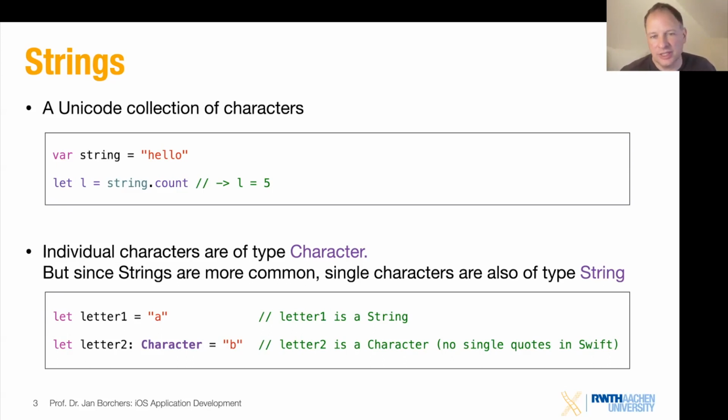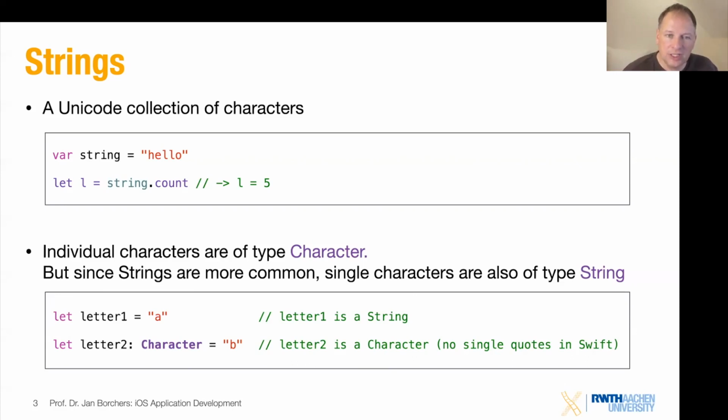Now, individual characters are somewhat of a specialty in Swift. Usually in C-like languages, you would expect to be able to have your separate char data type and be able to define literals in that with just single quotes, right? Single quote A is typically your byte/character back in the ASCII days. But Swift does away with that mostly. If you just define a single character, you cannot actually use single quotes in Swift. It doesn't exist to define literals.